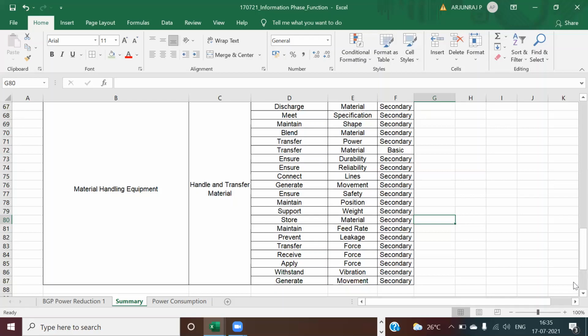Otherwise, you will not buy, and it will lead to failure, and it will be a big problem. Even if I sell the product to you, if any failure happens, I need to replace the failed product with a completely new one, and that cost will be incurred by my company. So with respect to reliability or durability, I need to ensure this before I give the product to you.